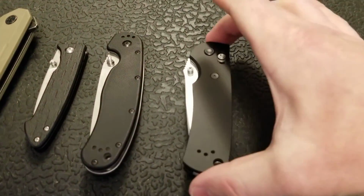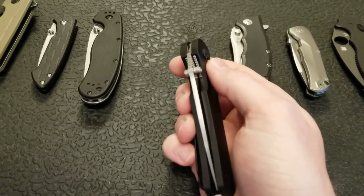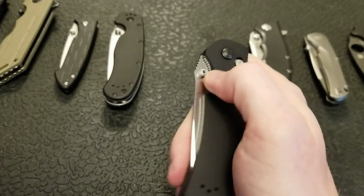The Benchmade Reptilian, this is one of my favorite thumb stud opening knives. It has an incredibly smooth pivot because I've polished the washers on it, and an amazing cutout here. The thumb stud is fairly close to the pivot, but